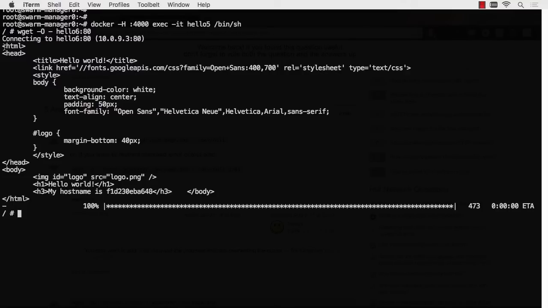It's successfully connected to hello 6 without even trying. As long as we know the name of the service, we can communicate directly. Now this doesn't work very well for load balance scenarios. If we have 7 copies of hello and another service needs to make a load balanced request to that, this